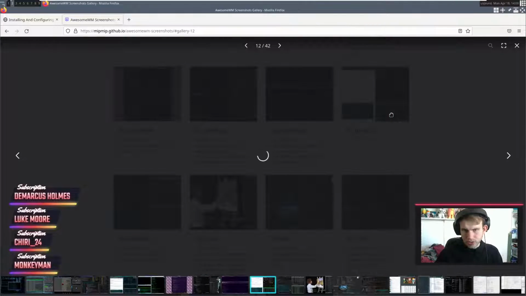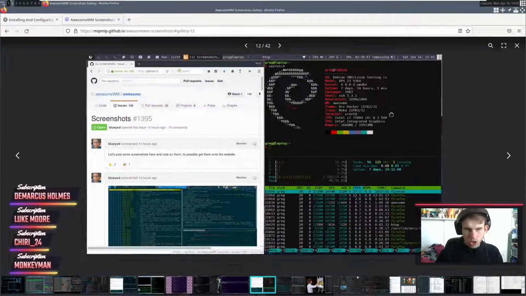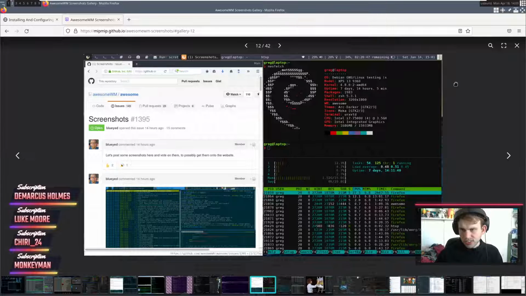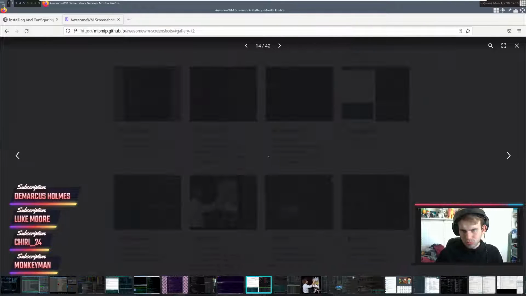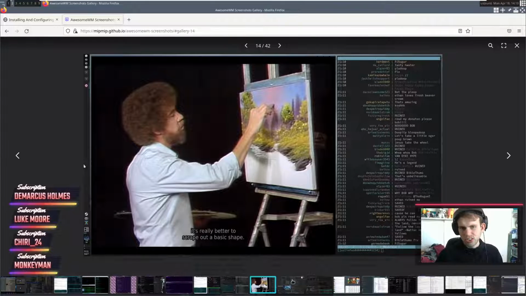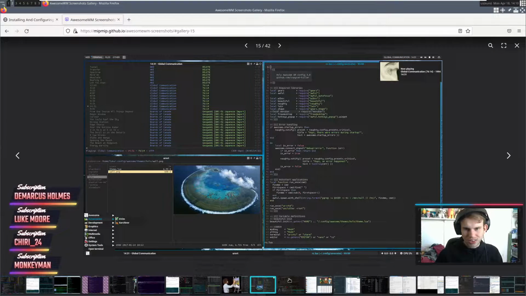What do we have here? Oh, that looks really neat. I actually kind of like that. I don't know if I would ever use something like this. It has like 3 different tabs for terminal. I personally don't think that it's necessary to have that many. This is flippin' awesome. Very custom, but yeah, that's cool. Okay, I would use something like this. This is something that I could use.